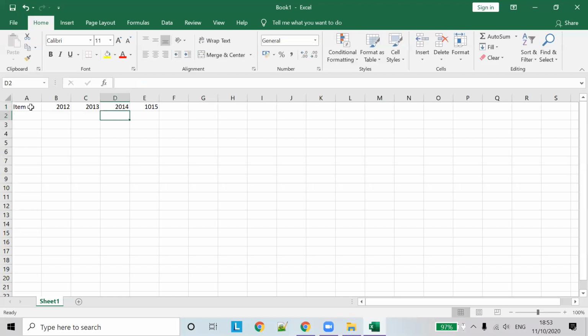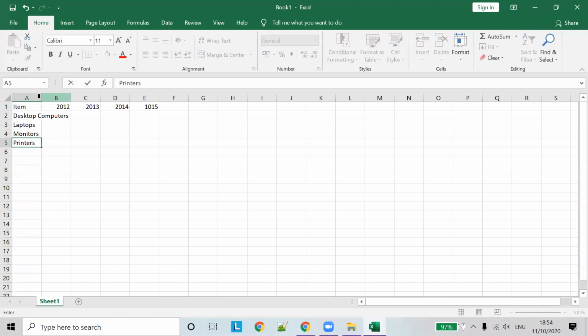Let's create a chart of desktop computers, then laptops, then monitors.